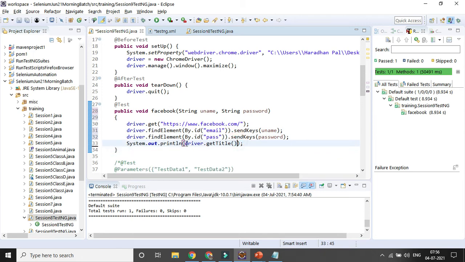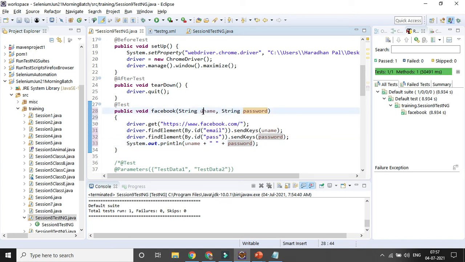So I can print my username. I can give some concatenation, right? Plus sign, I can give some space, and then I can concatenate my password, so I can print it out. So that's why definitely I can do it. So I can iterate with multiple number of times.